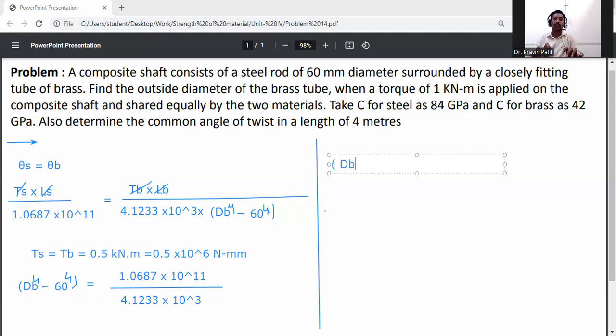So db raised to 4 minus 60 raised to 4 is equal to